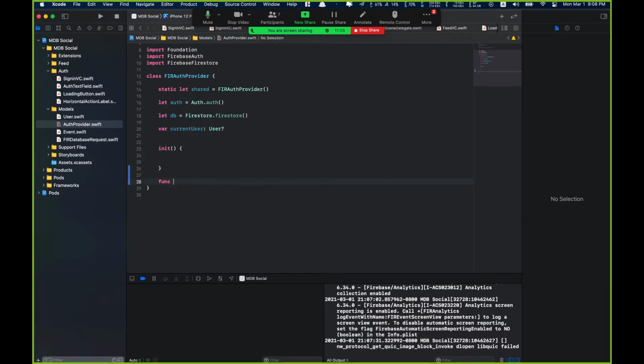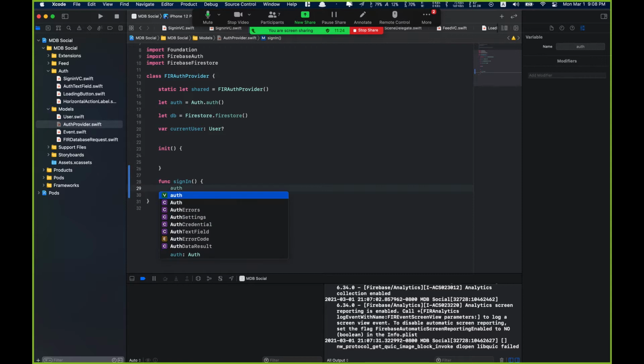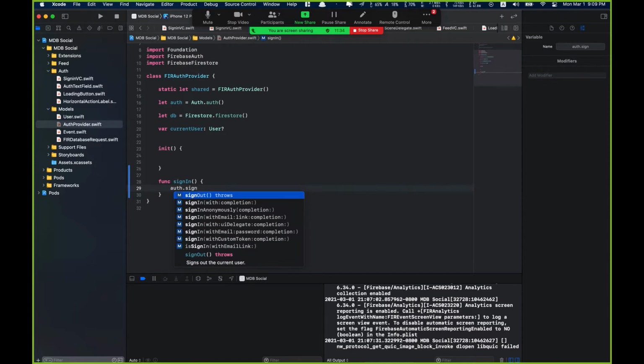So we're just saying func sign in, and then we want to take a moment to think about what parameters we need to sign in a user. It could be helpful to take a look at the API that Firebase gave us. It's going to be in the auth object. We have created the auth object along with a Firebase auth provider. So here we can just use the auth object to invoke the sign